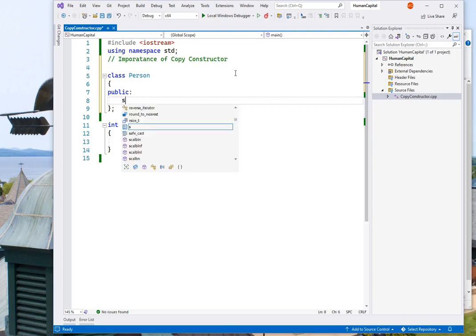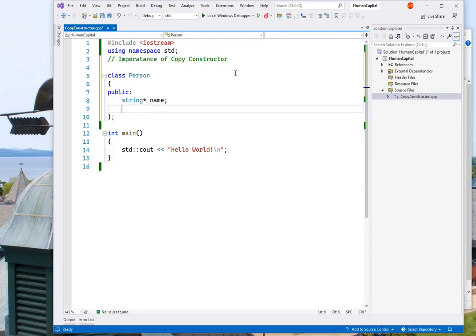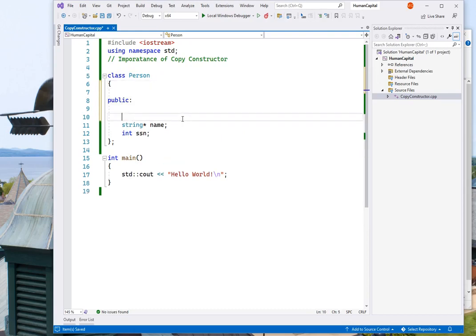For this, let's keep a string, and this time I'm going to keep this string, the name, in dynamic memory. And another one, integer, let's say ID, social security number we can say also, and this is in the stack we will create. So at this time, let me make all of them private,